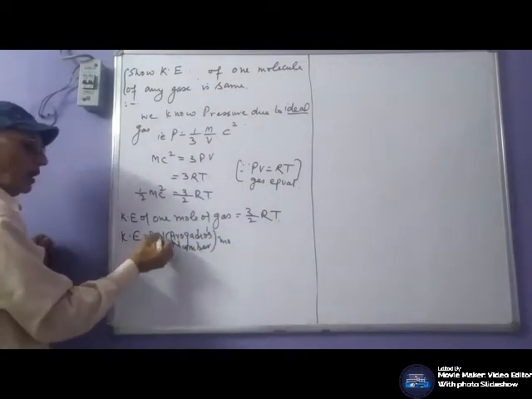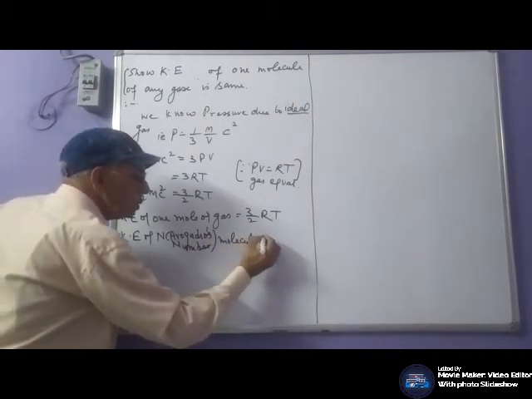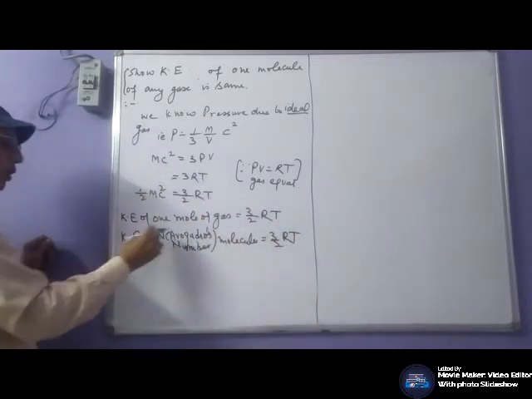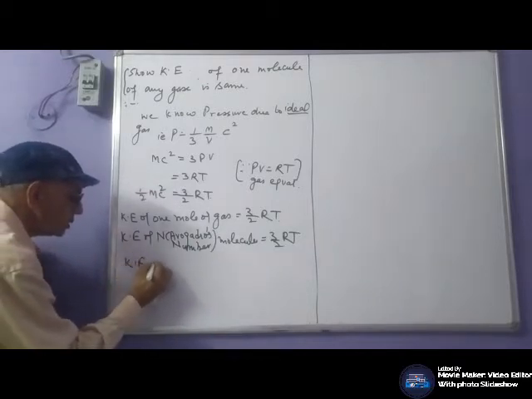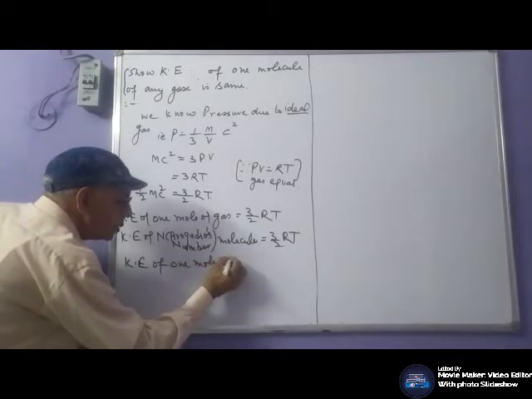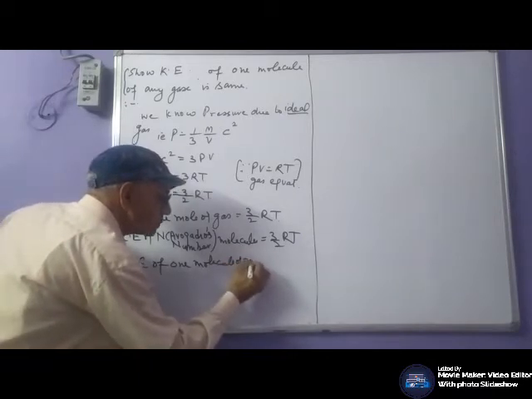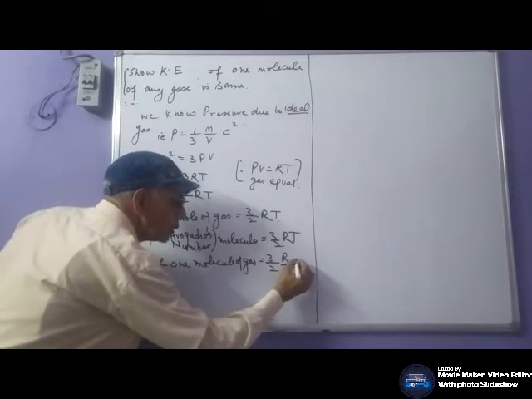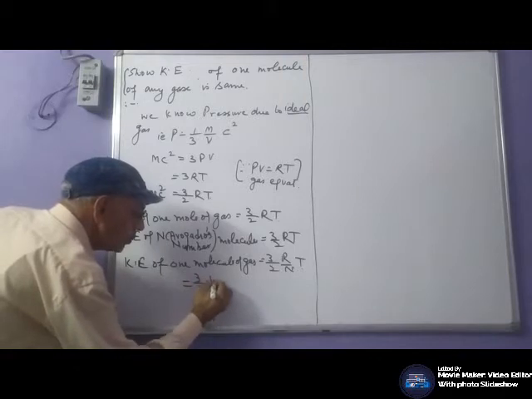In 1 mole there are N molecules, where N is Avogadro's number. So the kinetic energy of 1 molecule of gas is 3/2 (R/N) T, or 3/2 kT,